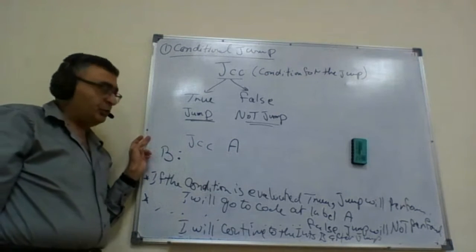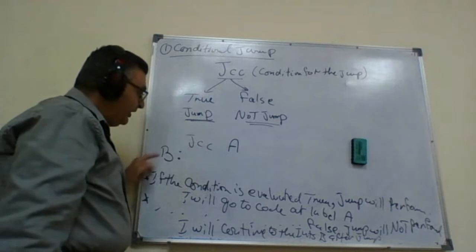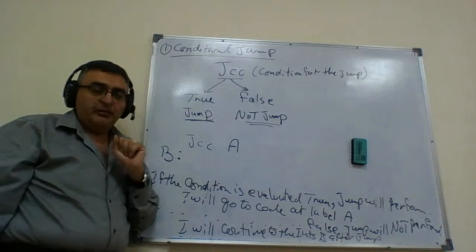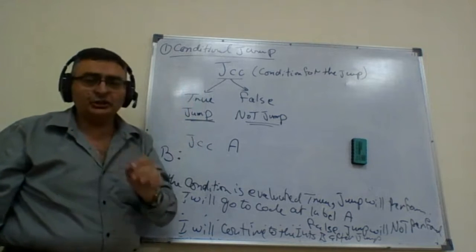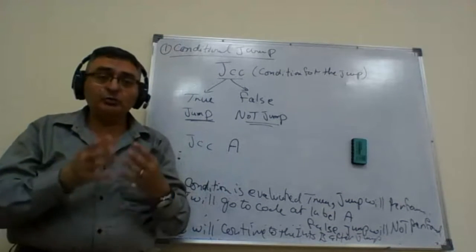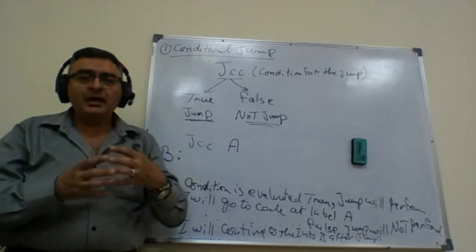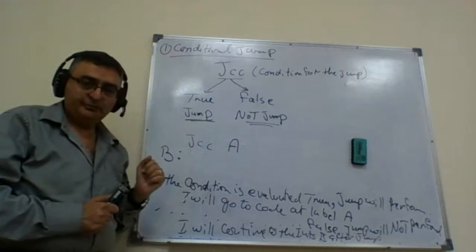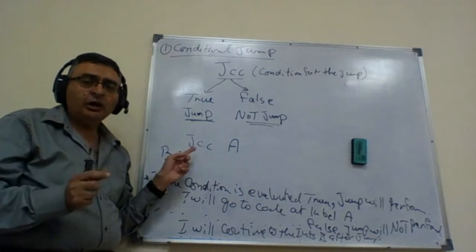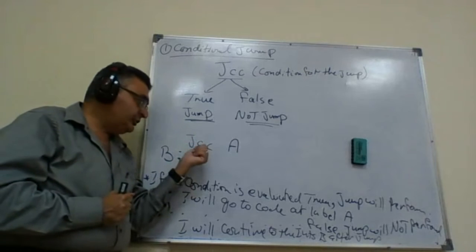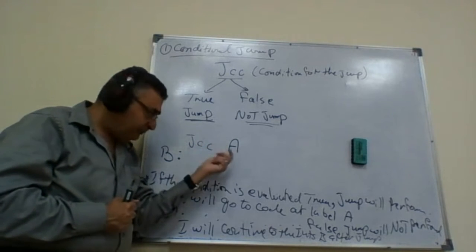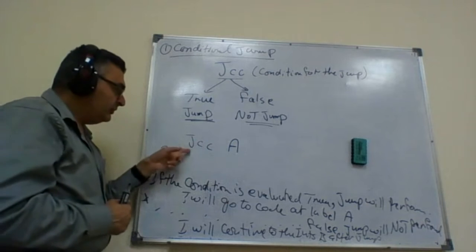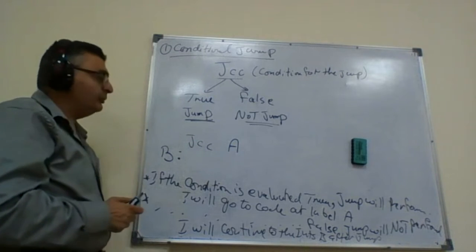If I have two directions to go, if the condition is evaluated true, I will jump. If the condition is evaluated false, I will not jump. That's why it's called a conditional jump. We have to clearly understand the behavior of the conditional jump instruction. We did not yet talk about what this condition is. This condition could be many different things. We first want to understand how the jump works. Jump will send me to one of two directions. If the condition is true, the jump will be performed, and I will jump to the instruction labeled A. If not, no jump will be performed,